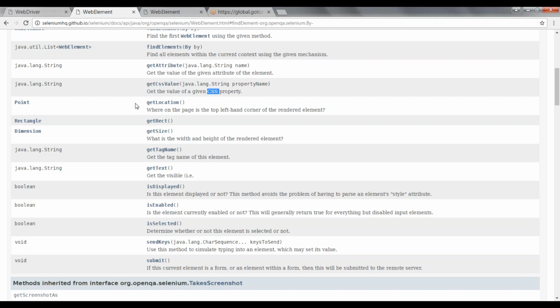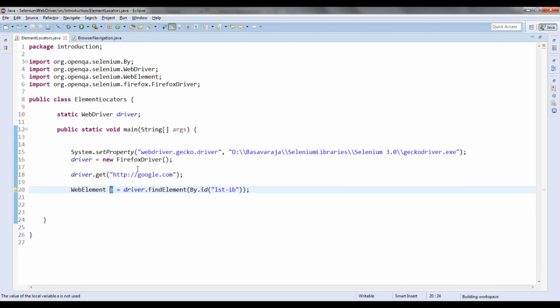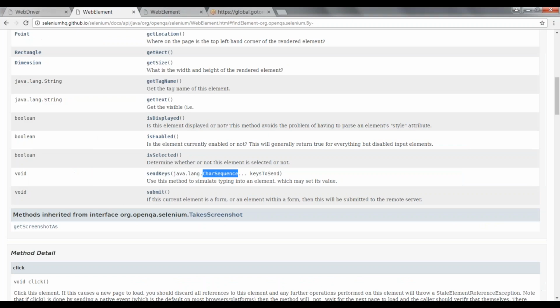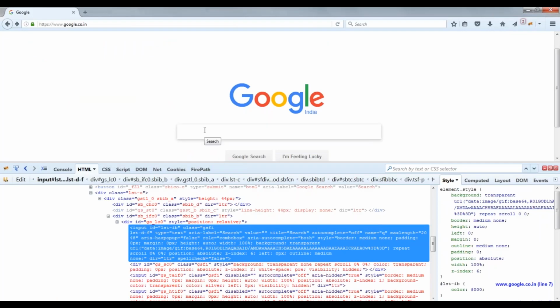Or getLocation of the element, or getText, or sendKeys. This sendKeys is used to send the character sequence, which is nothing but a string, to that particular element. If you are working on an input field, you need to use the sendKeys method to type the string inside this particular field.